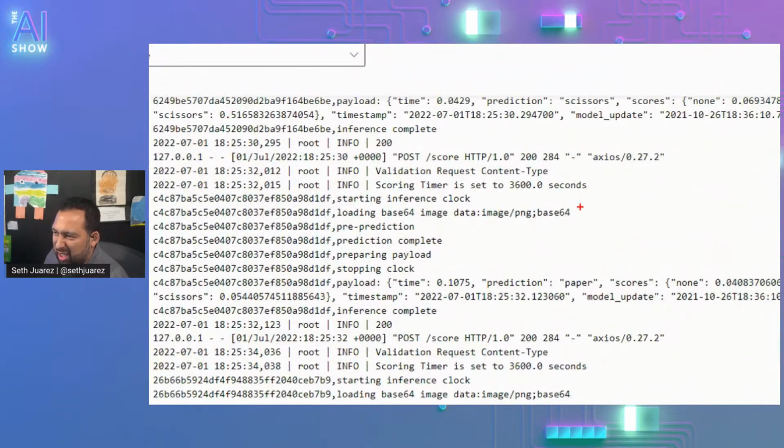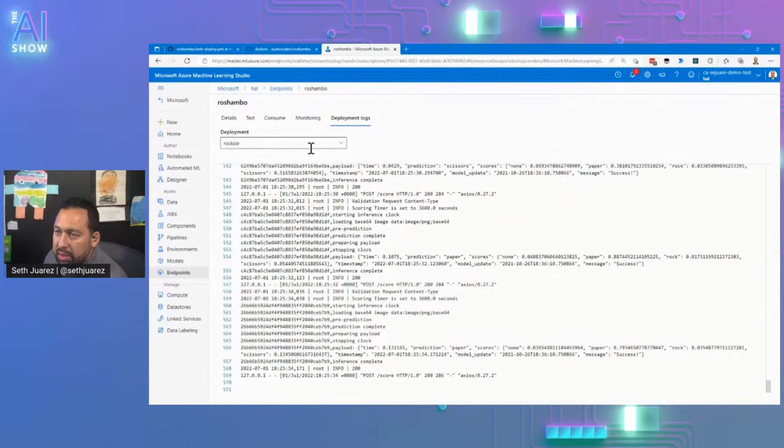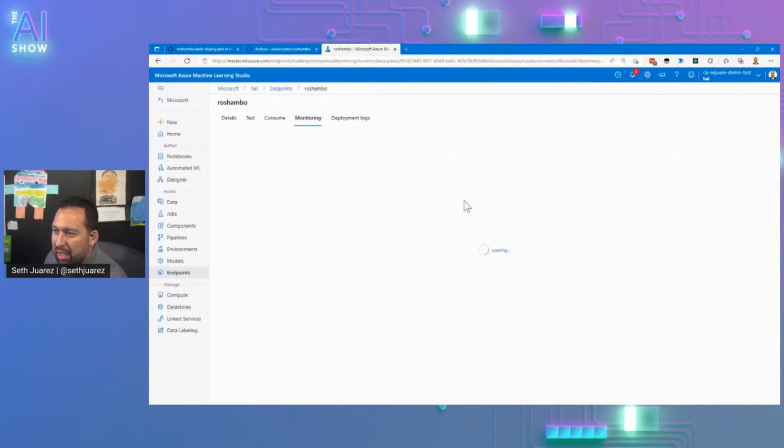But you can see it tells me: loading base 64 image, pre-prediction, prediction complete, preparing payload, stopping clock, payload time 0.1 seconds, prediction paper, score, timestamp. So that's what's going on there. I think I can also do a little bit of monitoring on this endpoint.